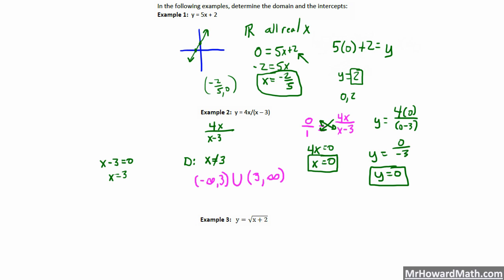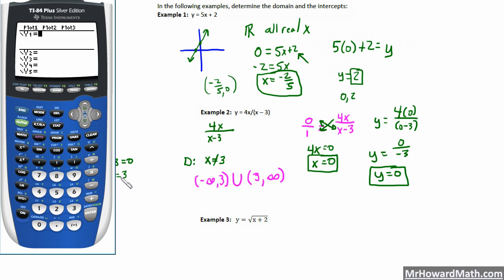All right, I'm going to bring up the calculator here so that we can look at this same situation and just check it with our calculator to make sure that we're right. So we have 4x over x minus 3. If we hit the alpha y equals, it'll bring up this menu for numerator over denominator, and it makes it a little easier to put this in. So we just put 4x and then hit the down arrow and put in our denominator now, x minus 3. Okay, and if we graph this thing,